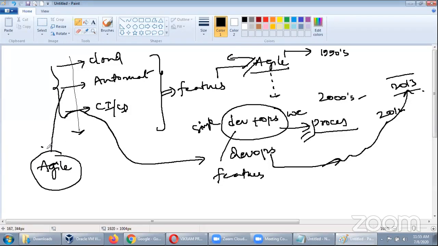Now, my next question is, don't you think Agile is inefficient in this? Do you think so? One more tricky question. There are some gurus in the IT industry who claim that DevOps itself has evolved above Agile. And those who are strong supporters of Agile will say that Agile with automation is nothing but DevOps.